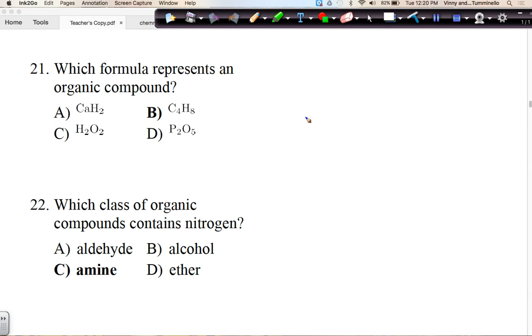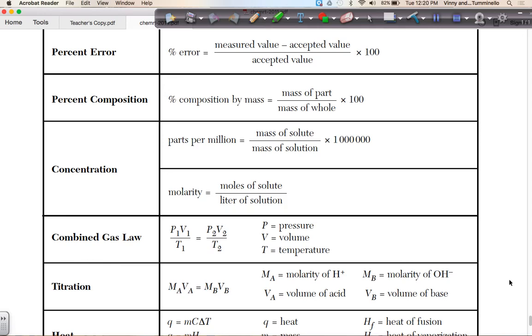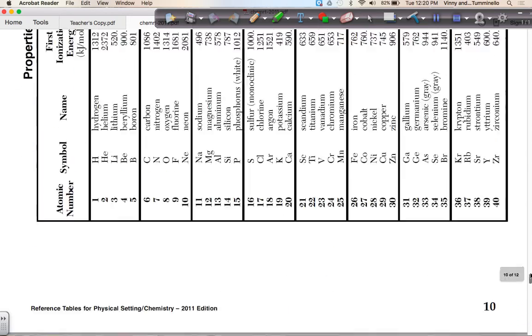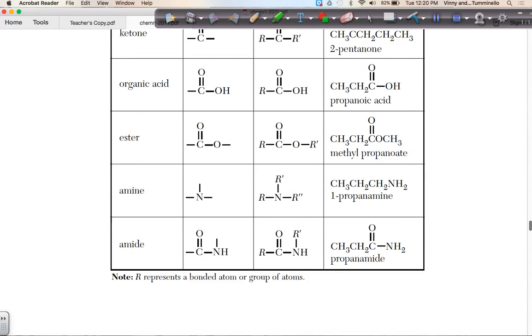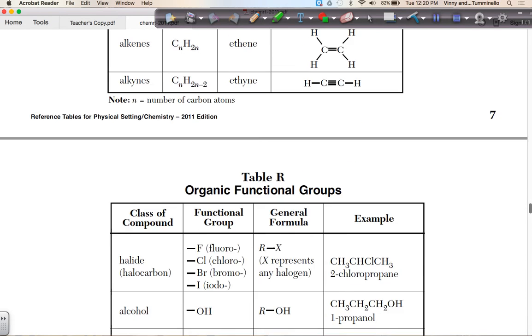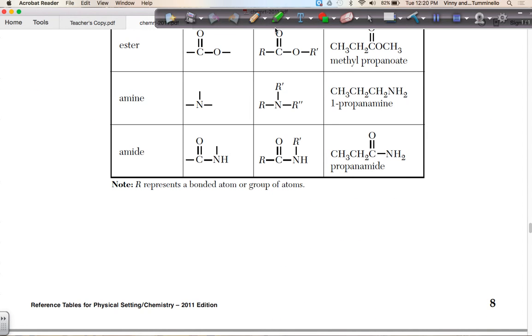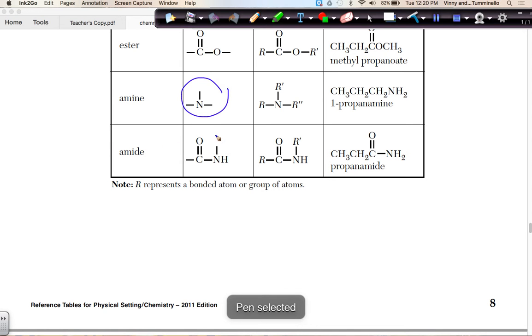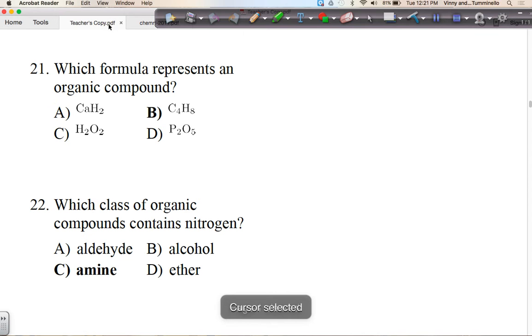For number 22, which organic compound contains nitrogen? We're going to look at table R, and we can look at the column for the functional groups. If we look at the functional group column, which is the second column, we have our amines that contain nitrogen and our amides that contain nitrogen. So either one of those could be the answer to this question, and it happens to be amine that was